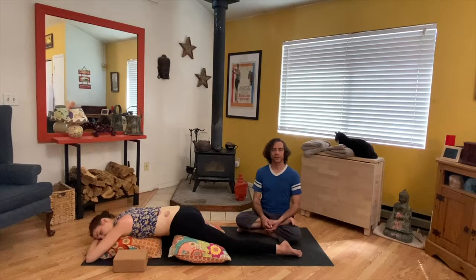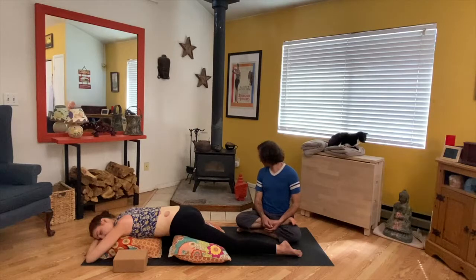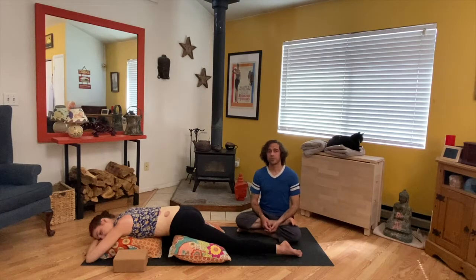Just a little bit longer here in our sleeping swan. Now, the next asana we'll find ourselves in is a variation of Gomukhasana, or head of the cow pose. Now, Amber is going to demonstrate the transition out into straightened legs. I will demonstrate the more advanced variation